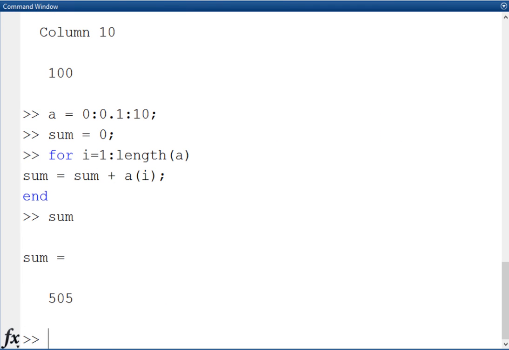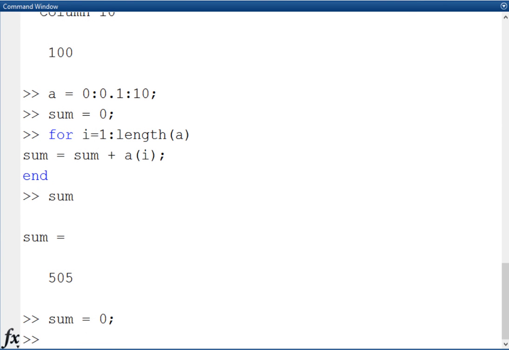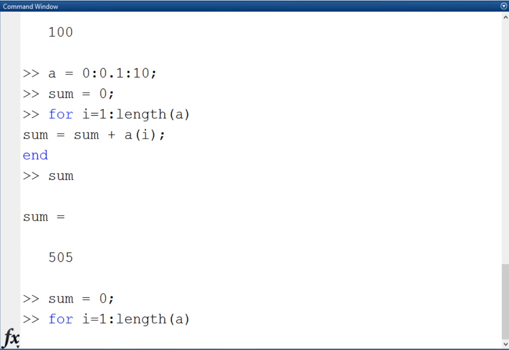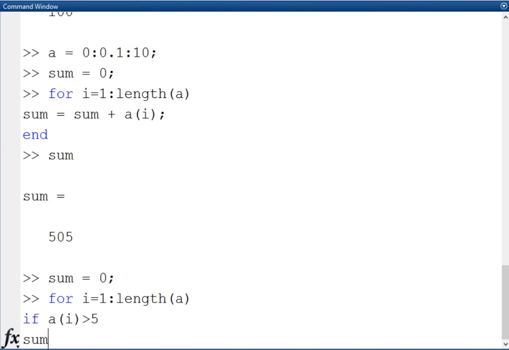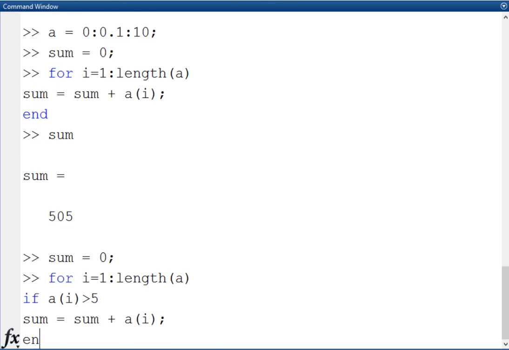Now what if I want the sum of all the elements only if they are greater than 5? Then in that case I need to insert an if statement inside the for loop. The syntax for using the if statement is shown on the screen. So to use it, let me reinitialize the sum variable with a 0 value and then again use the for loop, for i = 1 to length of array variable A. In this case I have to check whether the element is greater than 5 or not. So if A(i) is greater than 5, then use the expression sum = sum + A(i), terminate if,